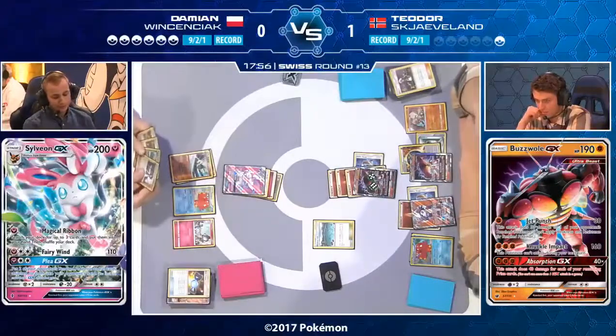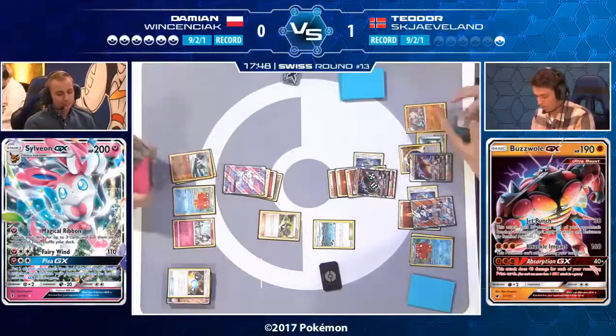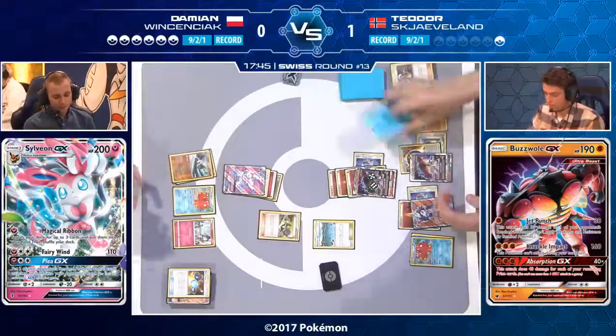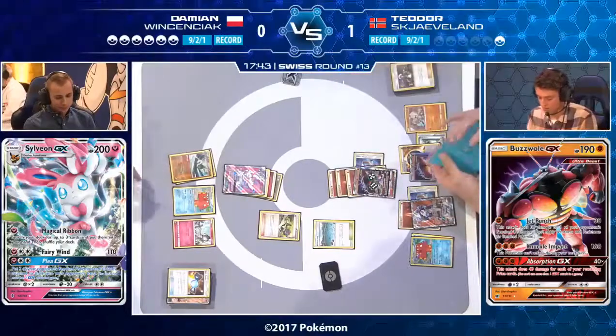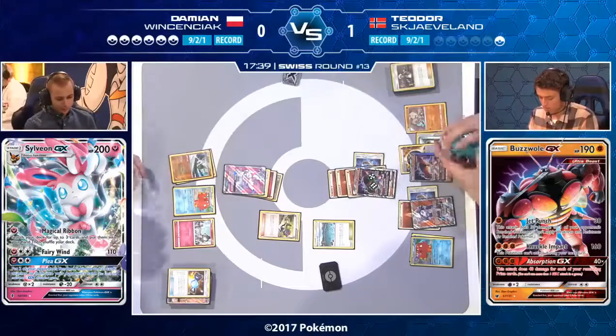But yeah, it's the same as game 1, where Teodor, even though it's not an impactful 2 prizes in terms of dealing with the board state, knows he's so close to winning on a prize race alone that taking the Guzma on the Tapu Lele is that important, because once again, it's the power of Octillery. Octillery is what allows him to do these plays, because he knows that even though Damian is